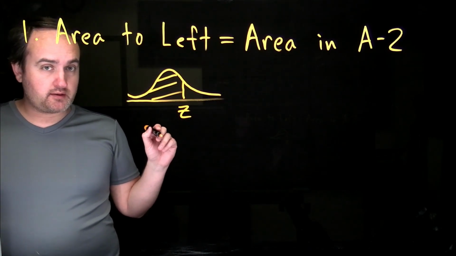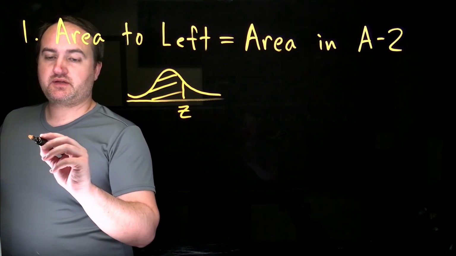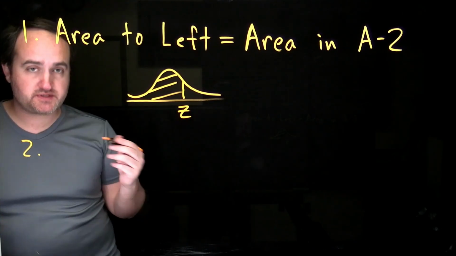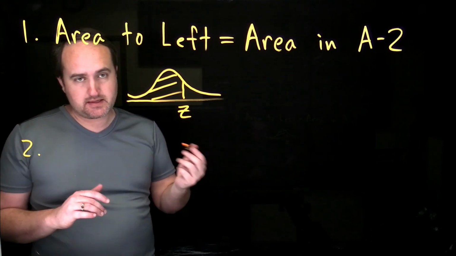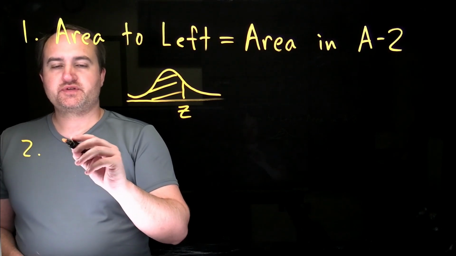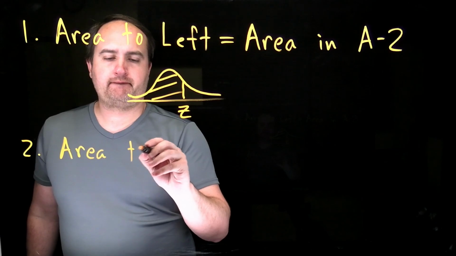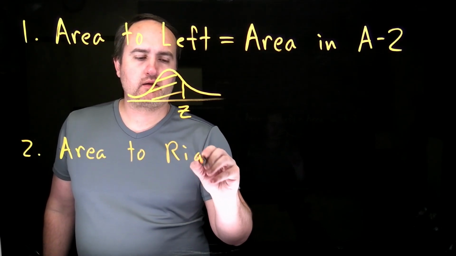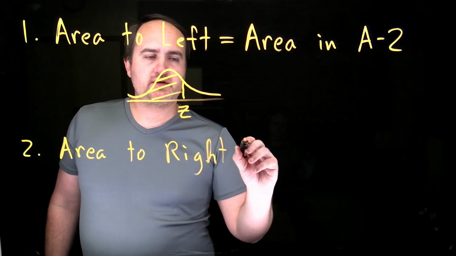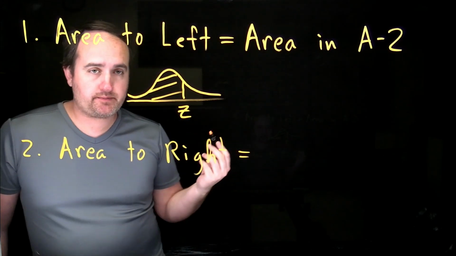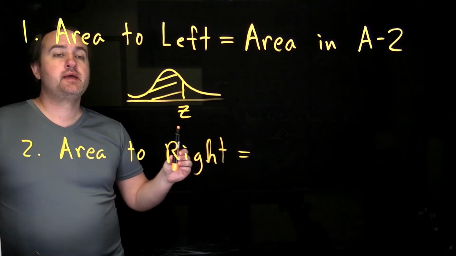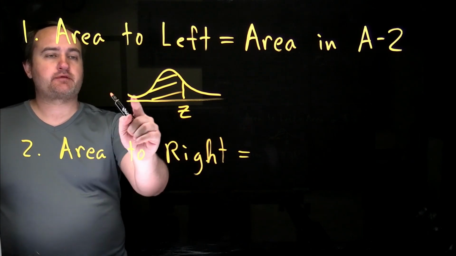Now the one that we're starting on now is actually the area to the right. This is the second case that we haven't done yet. So the second case would be the area to the right. In order to calculate an area to the right, because the table is all written as cumulative areas to the left,